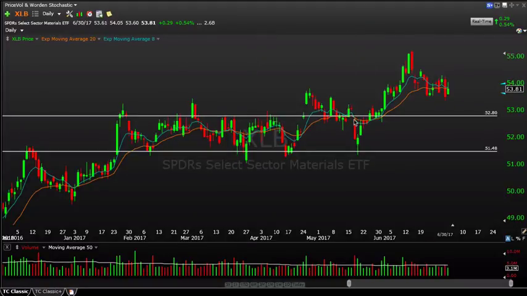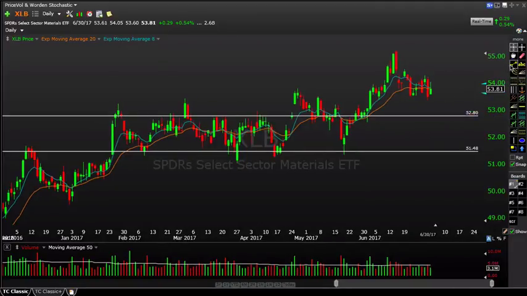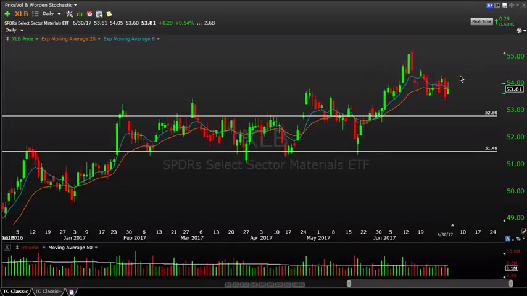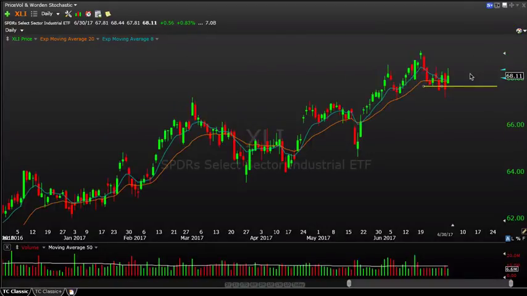Materials are starting to perk up, and again, a lot of the other individual names. So even though the XLB may not be quite at highs right now, it is holding, or at least is trying to hold, this upper level support, perhaps right around 53.50. There's some individual names that are starting to perk up in that space. So materials, I like it. Industrials, kind of the same thing, holding this support. It's not quite at highs, but some of the individual components here starting to work. So I like materials, I like industrials, seeing some names surface there.